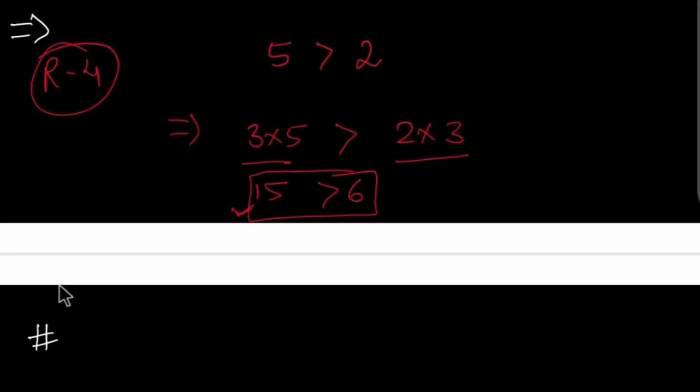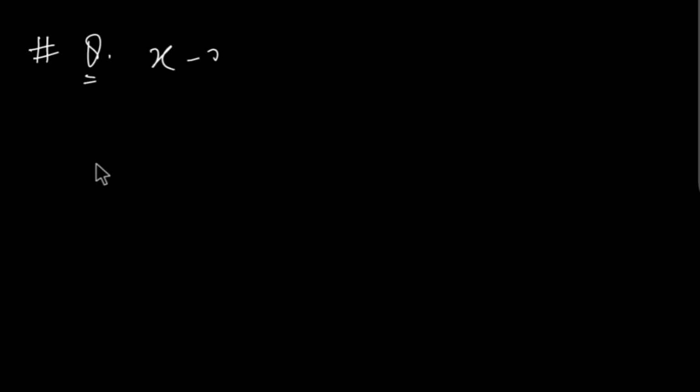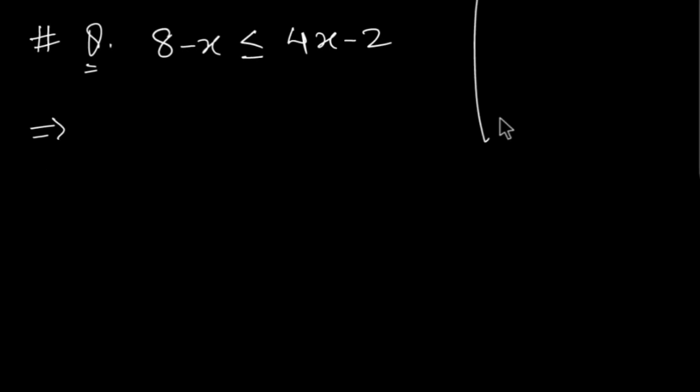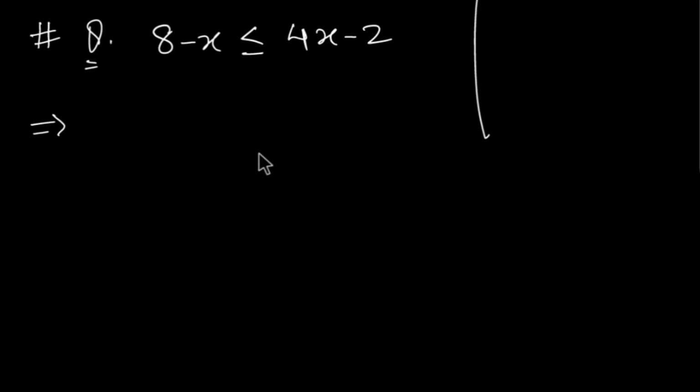So what is the next thing here? Let's take an example, then you will be able to understand how to solve the questions. Let's say 8 minus x less than or equal to 4x minus 2. So what is the meaning of this? How to solve it? Listen, I'm just going to tell you from my own experience how to solve the questions. Whenever this question is there, then you need to always put the variable on one side,